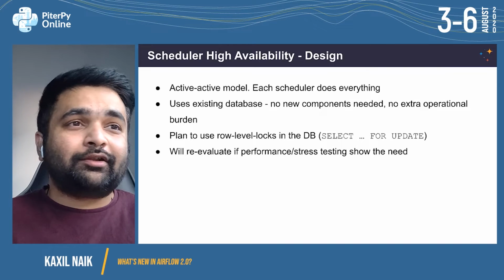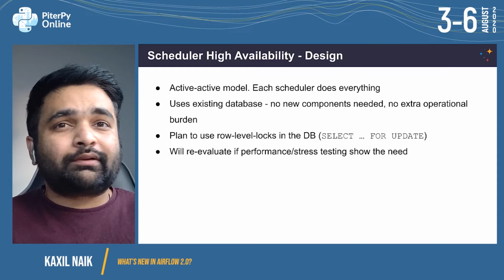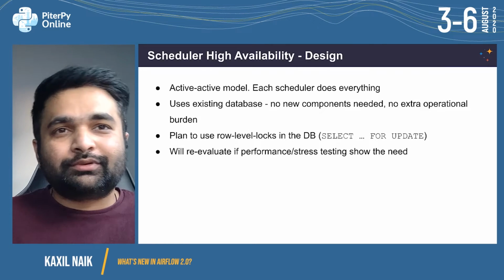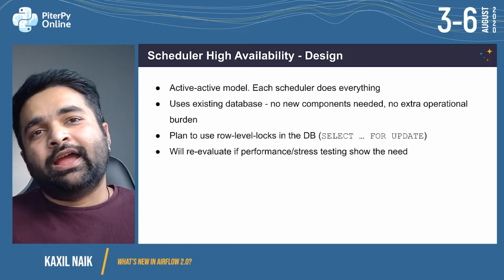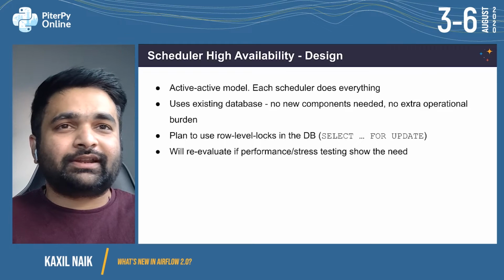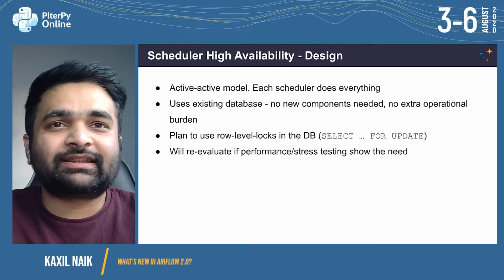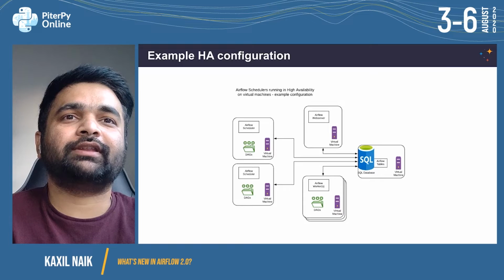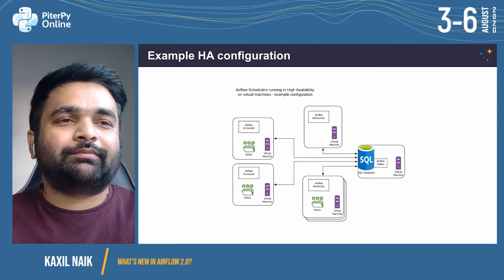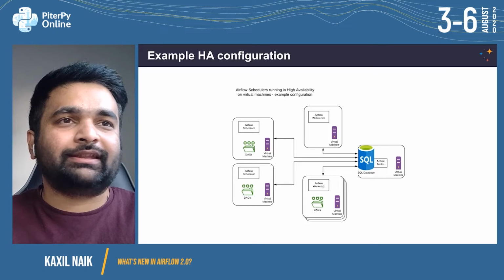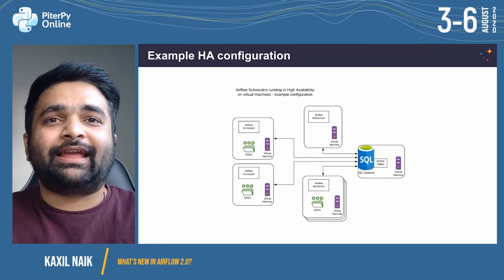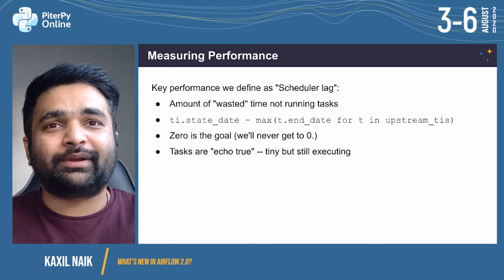We have been using row-level locks like SELECT FOR UPDATE for whatever progress we have made on this so far. I've been working with Ash to create a test suite and also measure the performance of this piece of work. We want to test it to destruction, like killing the scheduler midway, or simulating a network failure for one of the schedulers, and see how it behaves. This is an example configuration that shows 2 schedulers that read and write to the central metadatabase. This figure is not complete, you won't see the broker, for example, but it is just to show the highly available environment.